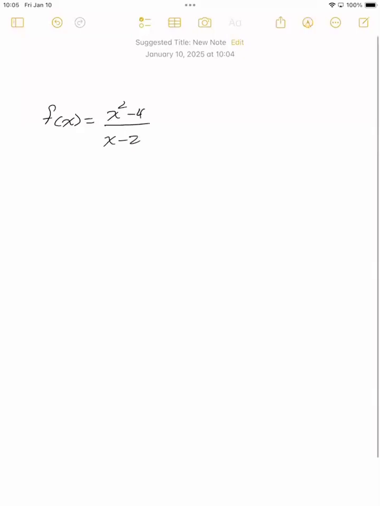Okay, this is homework 2.5, question number 1. We want to find the domain of the function. To find the domain of a function,